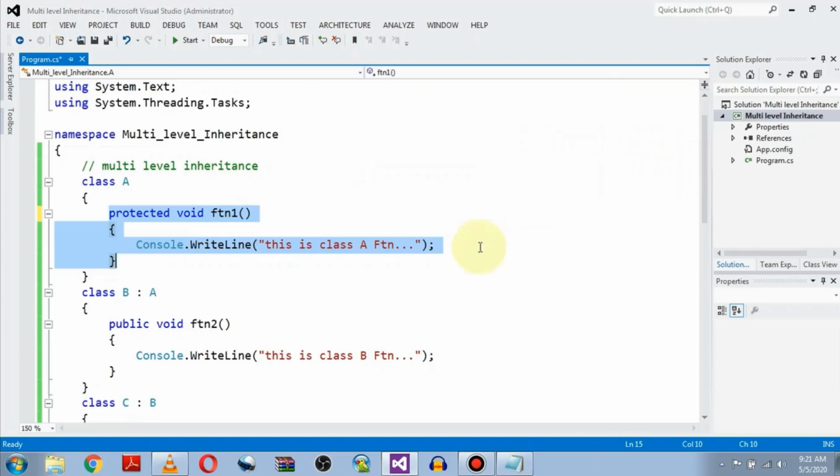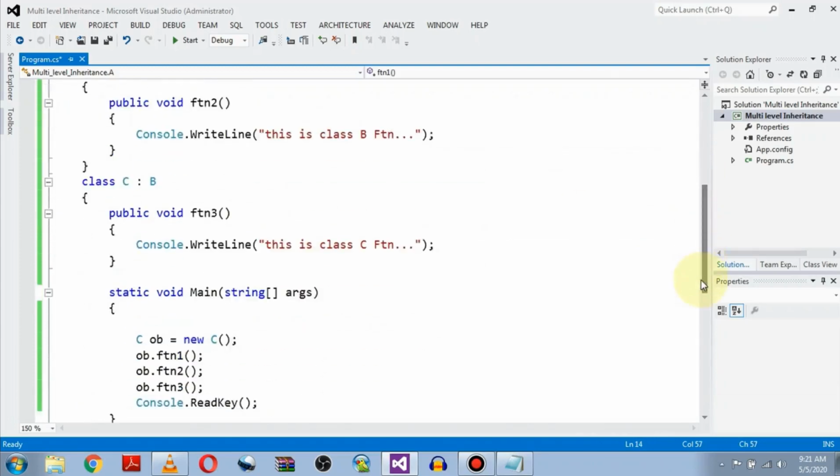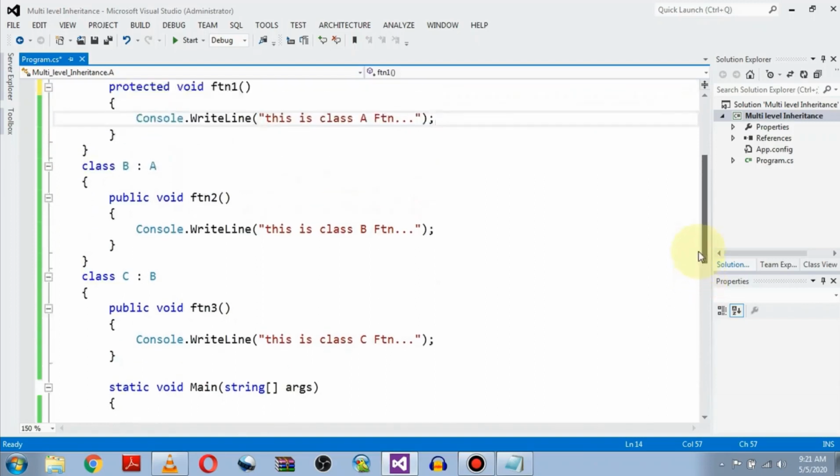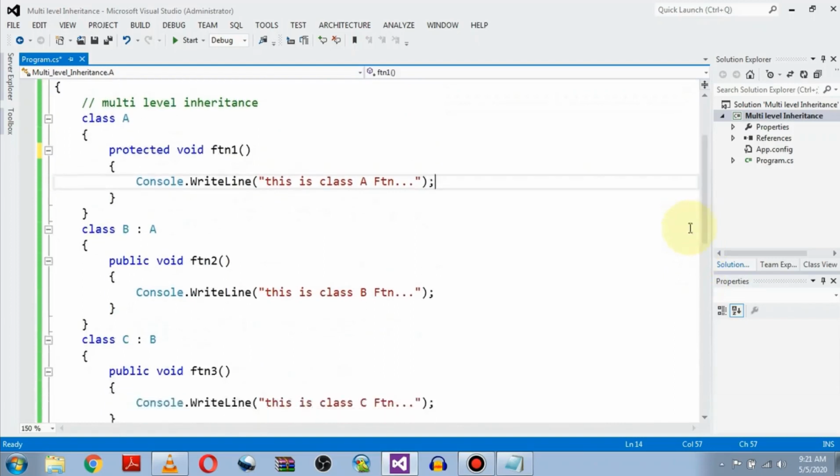So this is all about multi-level inheritance. If you want to connect another class, let's say class D, class E, we will connect them at a different level. At this time we have only level 1 and level 2. So students, this is all about multi-level inheritance.